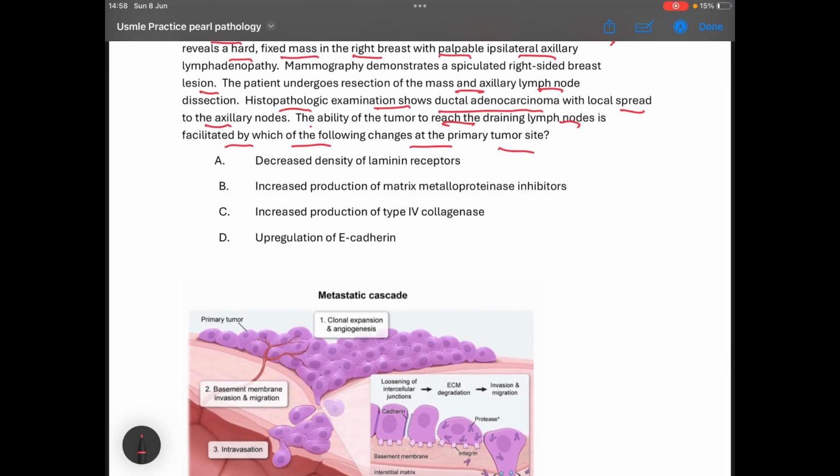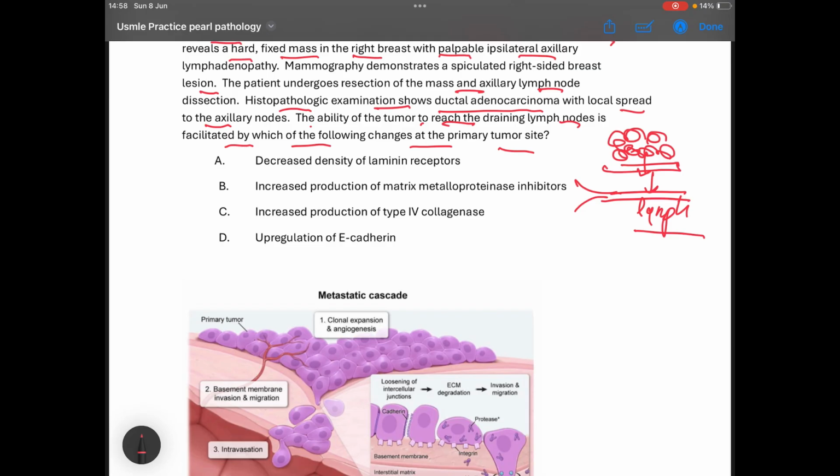It's the main thing they are asking: the ability of the tumor to reach the lymph node. This is the basement membrane, these are cancer cells, and these are lymph nodes. So what the cancer cells are doing is crossing the basement membrane and entering into lymph vessels. Fine. We already discussed that for the basement membrane,